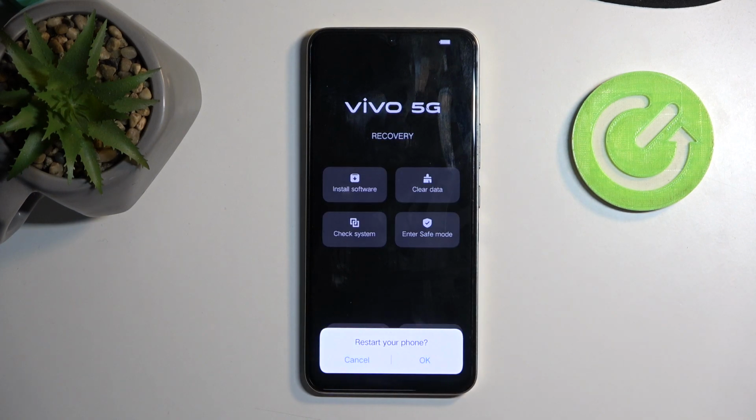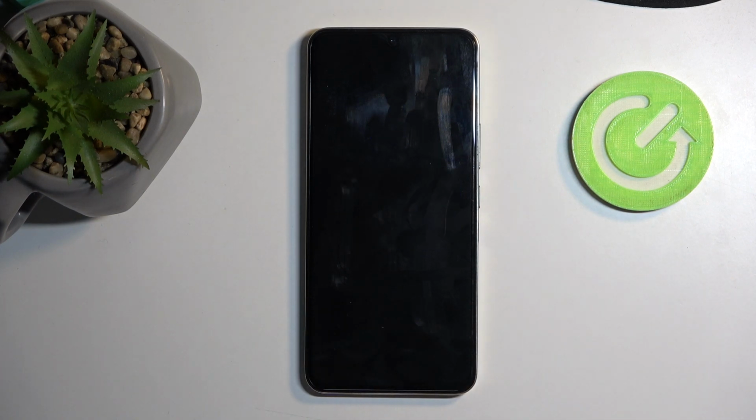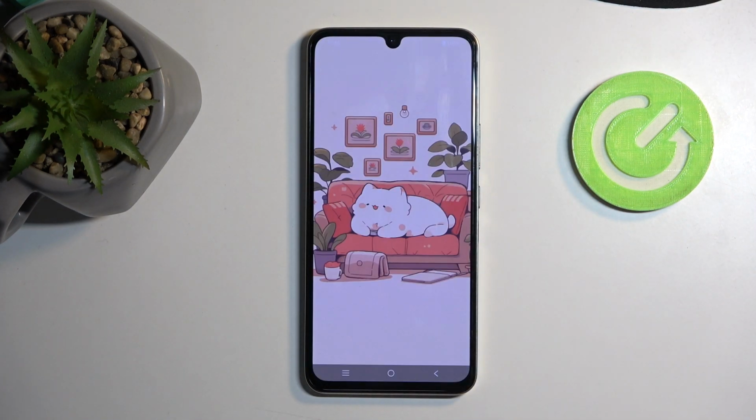So I'm gonna select restart, okay, and this will now bring me back to Android. And as you can see, we are now back in